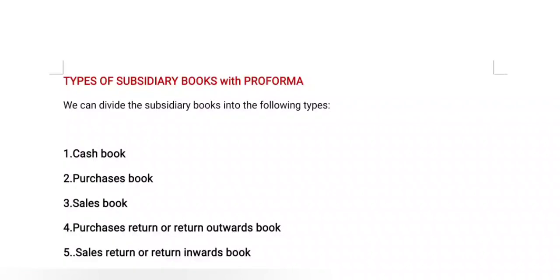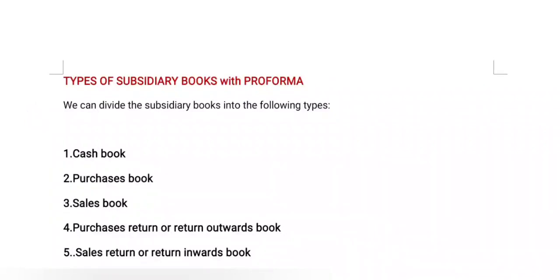A subsidiary book is a book of original entry. It contains different types of subparts. For example, in every business there are so many transactions related to cash, purchases, sales, bills receivable and bills payable. That is the reason we prepare special books for the purpose of preparing journals. These books are called subsidiary books.